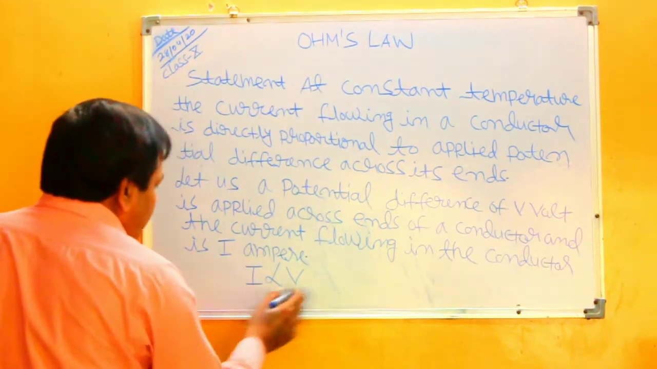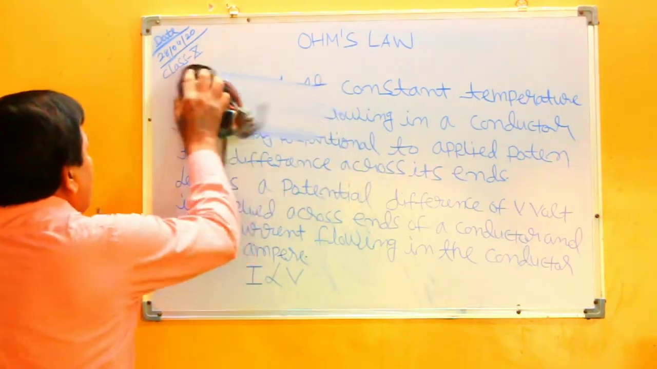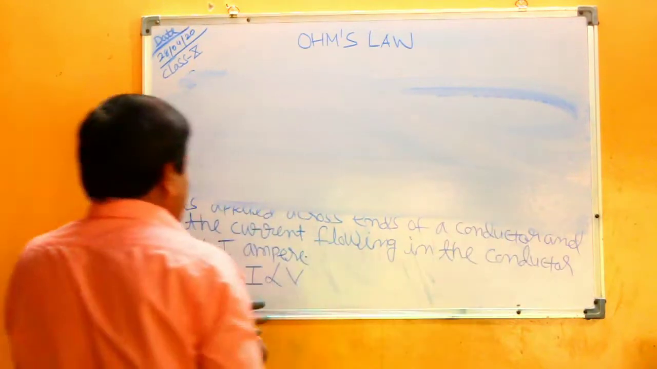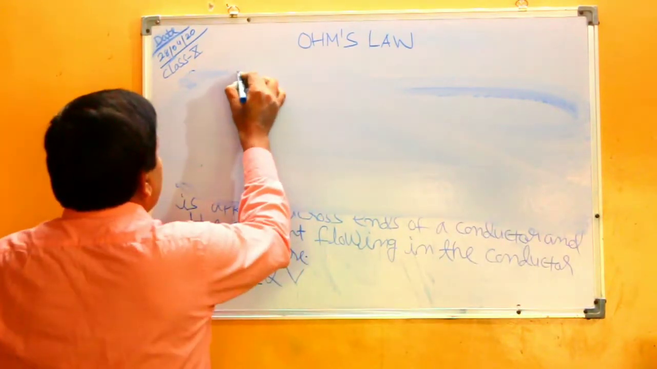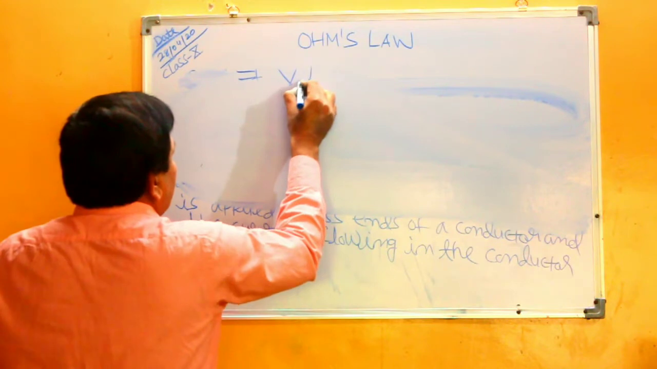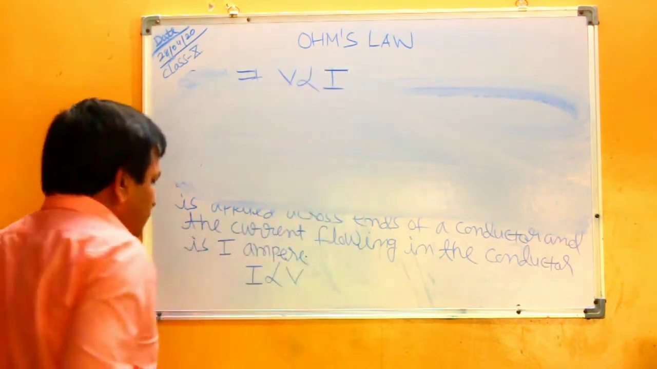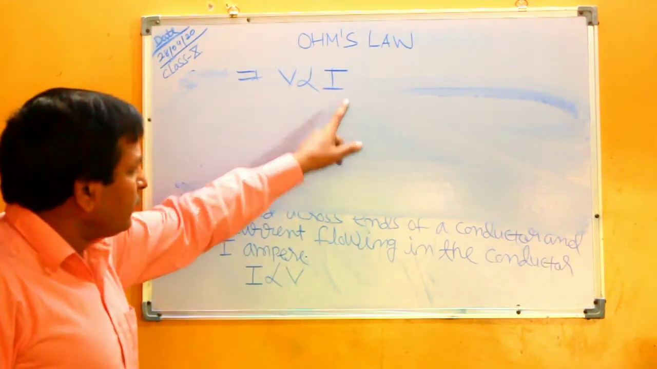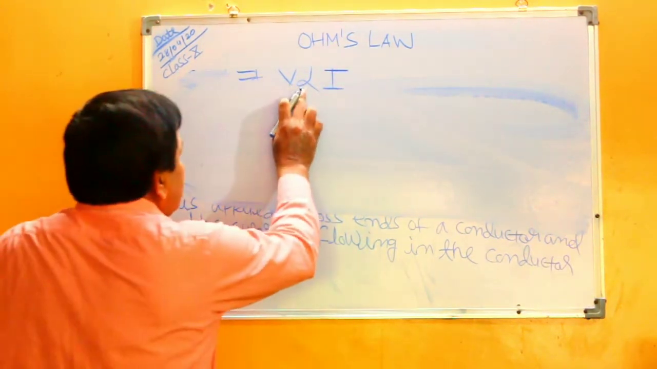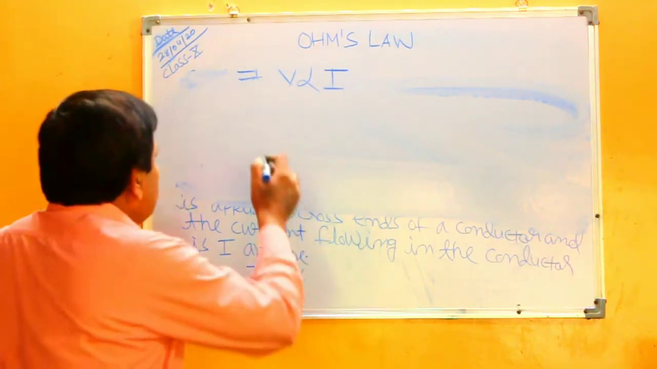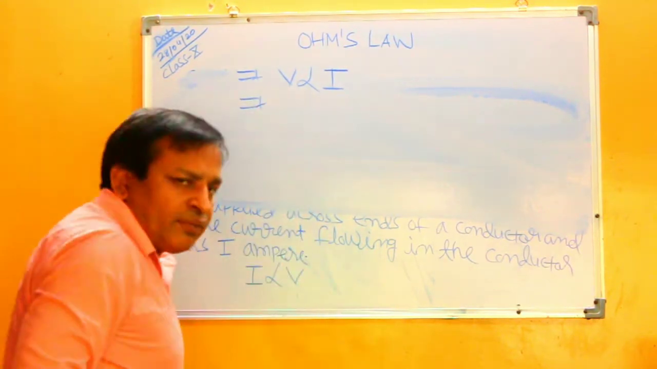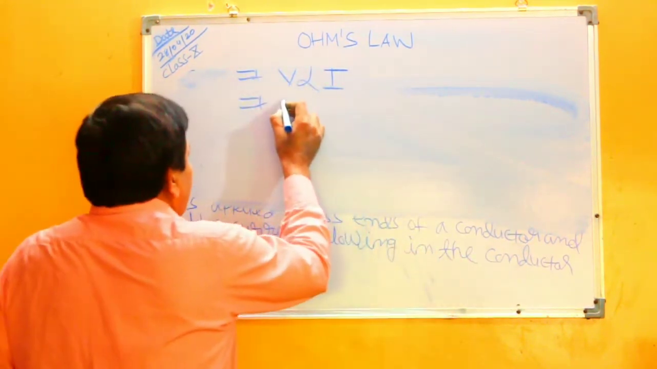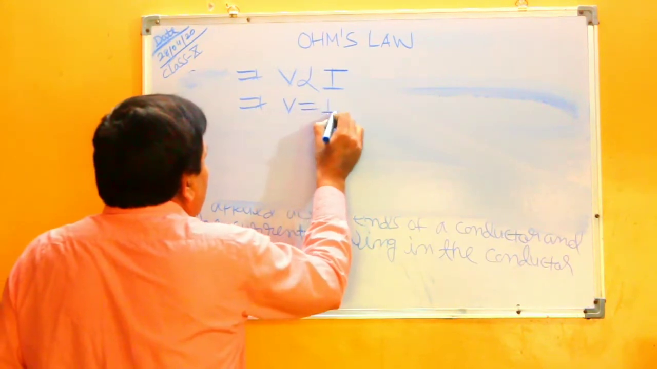So this can also be written as V proportional to I, where the sign is proportionality. When the proportional sign is removed, a constant appears. Therefore, we can write V equal to IR,